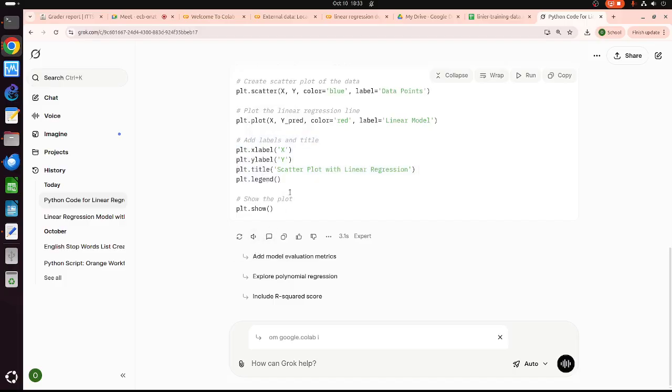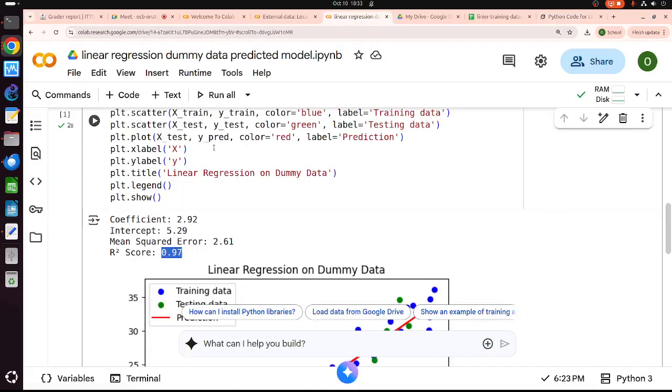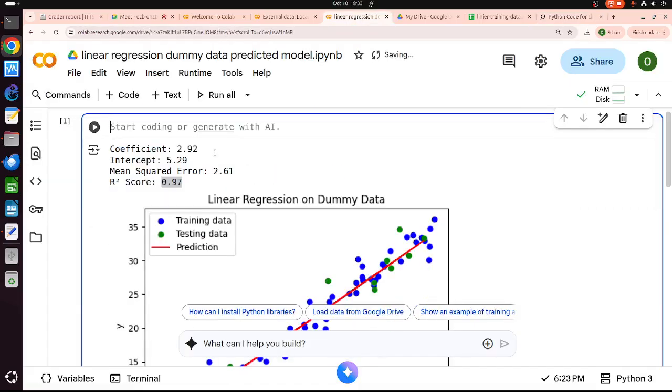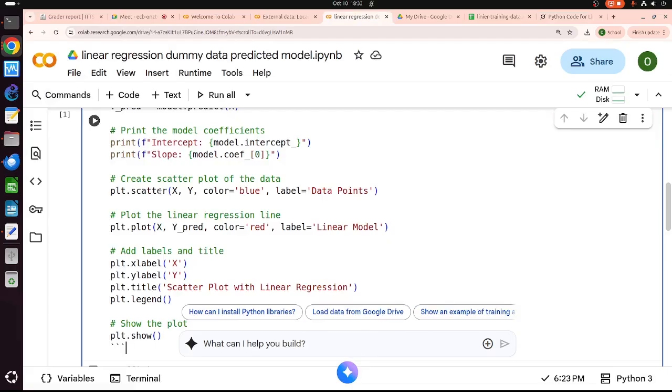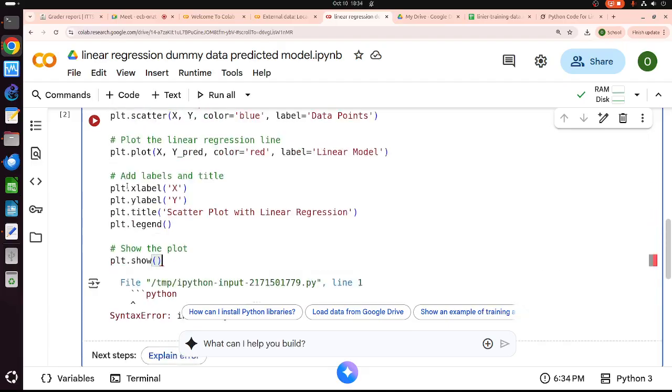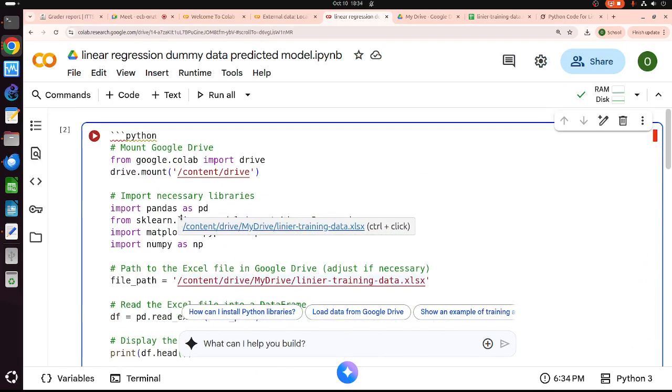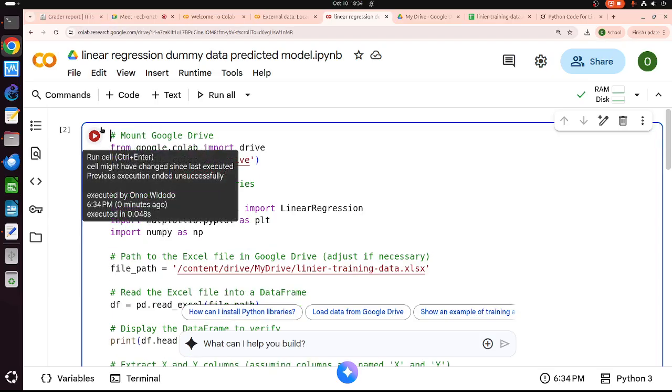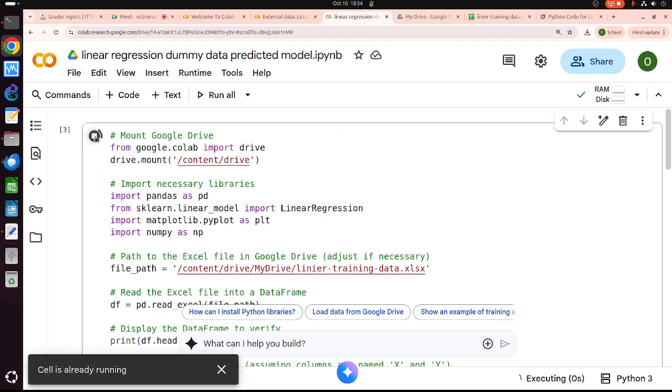Okay, I will steal this thing. Put it here. So I replace all the old script using this one and run again. Oh, this one is not Python. This is from the Grok things. I think this one as well. Let me rerun these things.